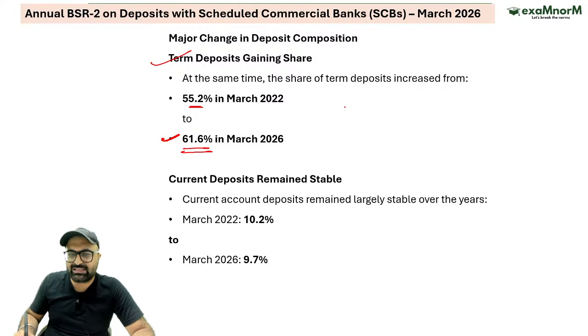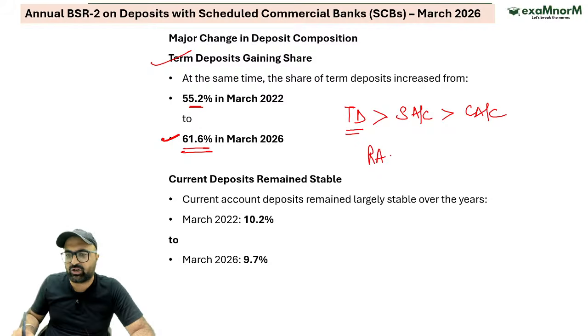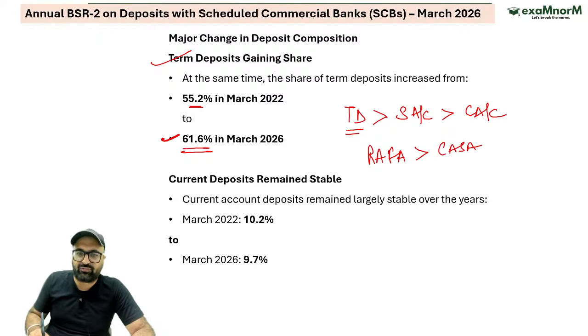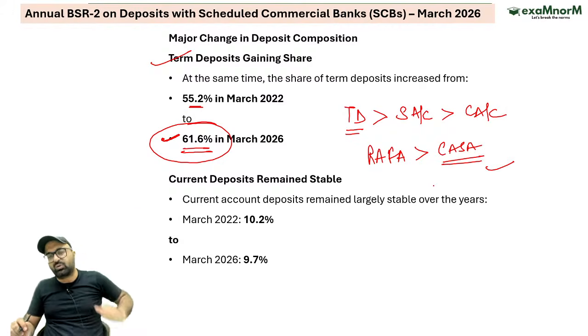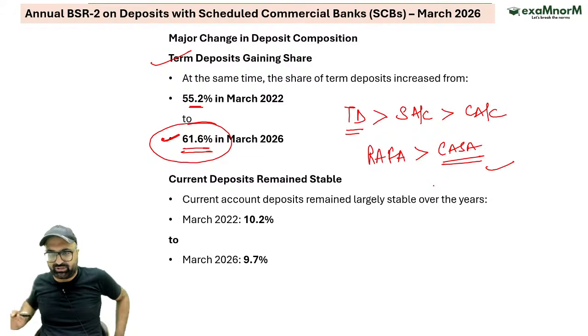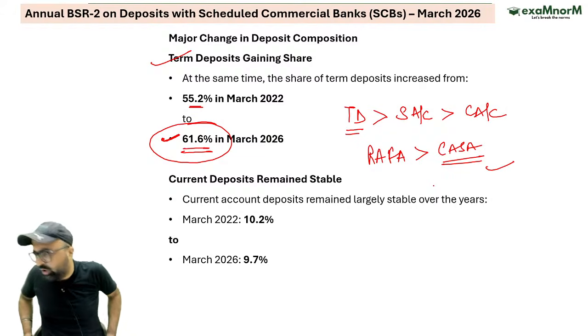तो इसका मतलब सबसे ज्यादा डिपॉजिट टर्म डिपॉजिट के फॉर्मेट में है. उसके बाद जो हमारा डिपॉजिट है that is in the form of saving account, then we have in the form of current account. तो यहां से हम बहुत क्लियरली बोल सकते हैं term deposit includes recurring deposit, fixed deposit. So RD and FD deposit is greater than CASA deposit, or RD and FD deposit is 61.6%. तो इसका मतलब CASA deposit will be what? So that will be around 38.4%. That will be around 38.4%.